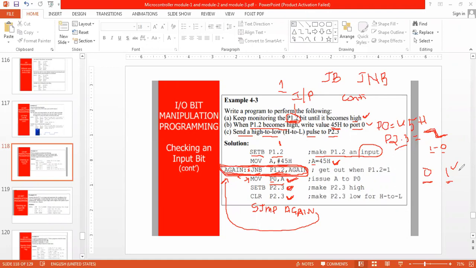That many times it is 1, that many times these 3 are executed. That many times it is 0, it does not execute these 3 instructions and remains here only. Understood?